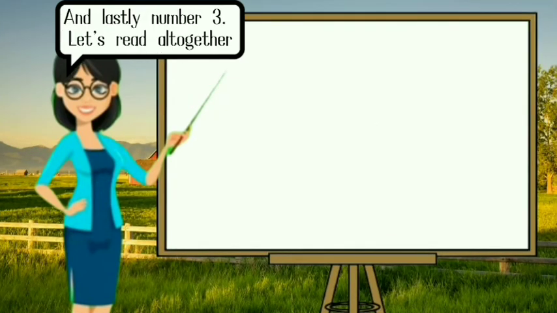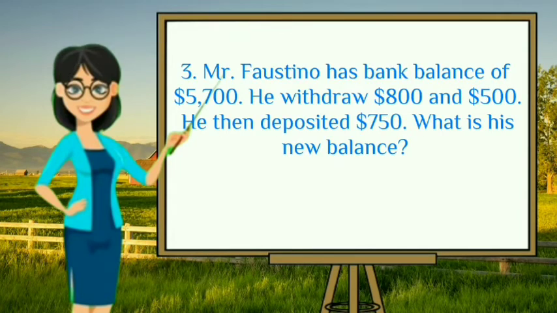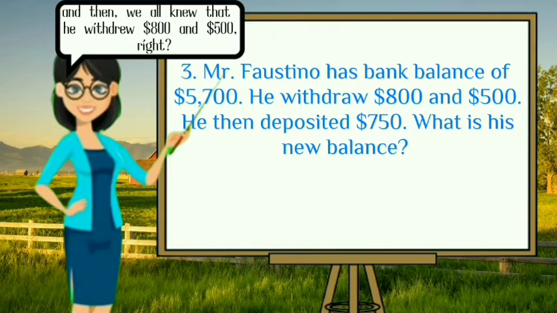And lastly, number 3, let's read all together. Mr. Faustino has a bank balance of $5,700. He withdrew $800 and $500. Then he deposited $750. What is his new balance? We have here, since Mr. Faustino's bank balance is $5,700, and we all know that he withdrew $800